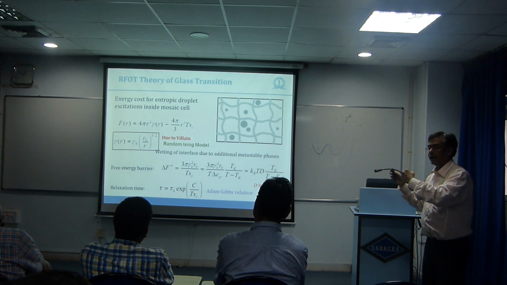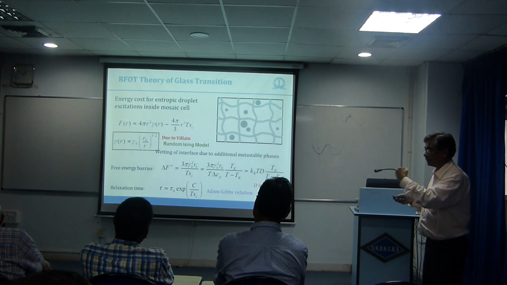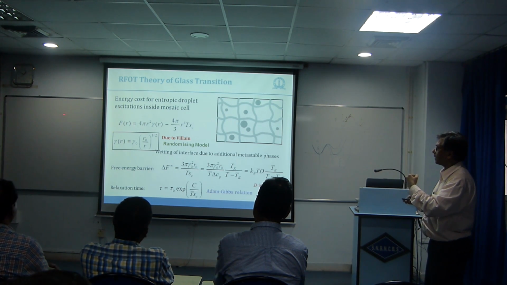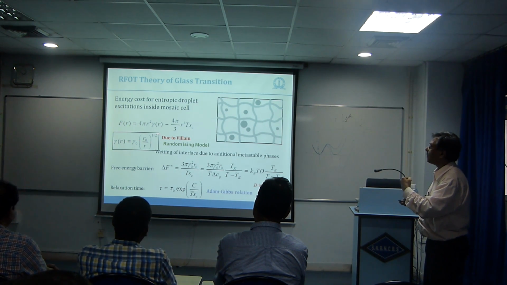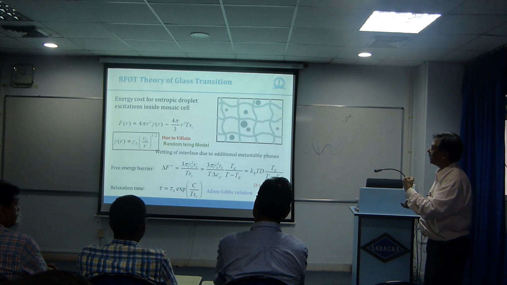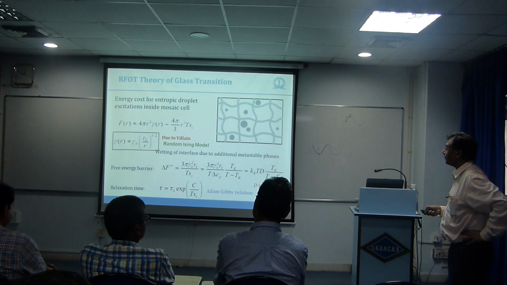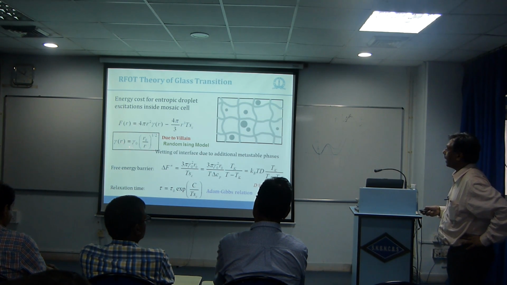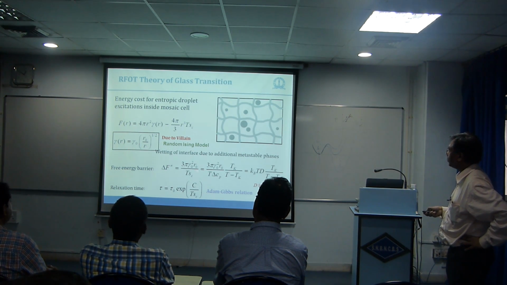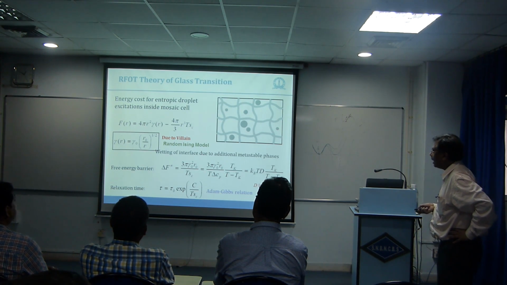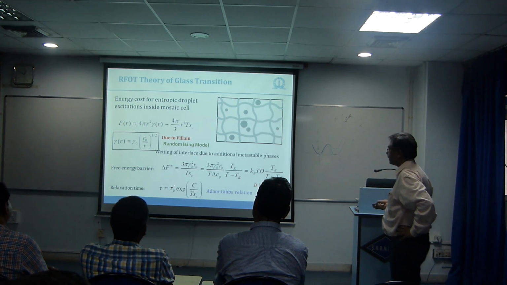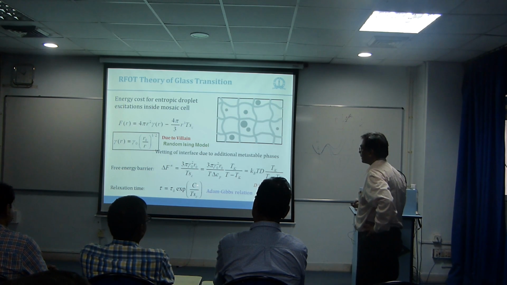You'll see how beautiful the physics is in 5 minutes. But as a result, there's a dramatic analytical expression. Now I go there and put this back into my theory of nucleation, and lo and behold, I get back a very famous Adam-Gibbs relation